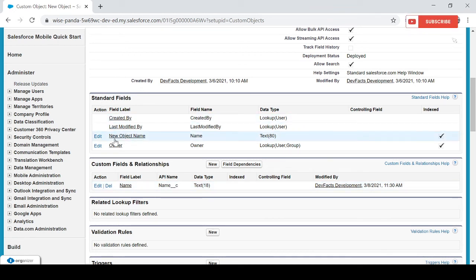Some standard fields are also available, but you can't find underscore underscore c there, because only for custom objects and custom fields, Salesforce will automatically append underscore underscore c. So we can easily find whether a field is a custom field or not. This is a custom one, so automatically Salesforce appended underscore underscore c. Then here it's showing modified by related information like date and time.